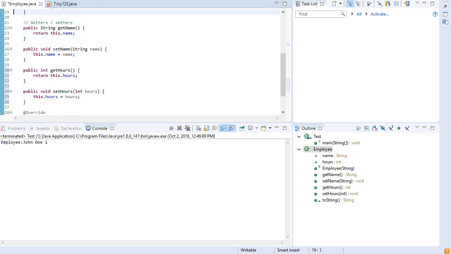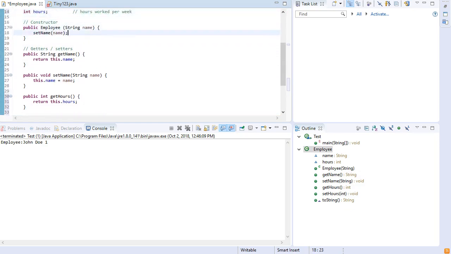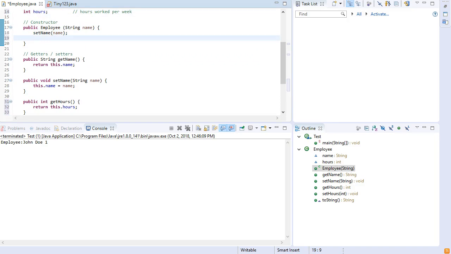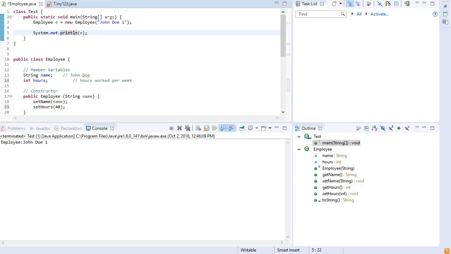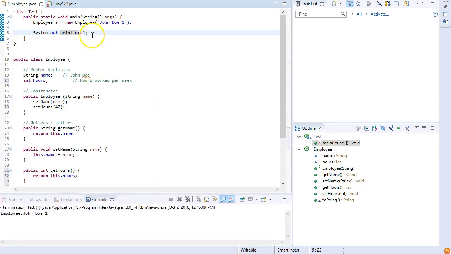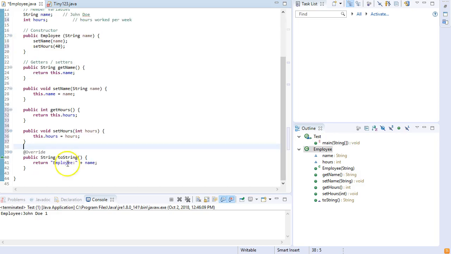And now let's go back up to the constructor. So the constructor, here's a case where we can actually have a default, even though we didn't specify. Generally, people work 40 hours a week, so we will do set hours of 40. Okay, and so now let's change our client. Let me make a little more room here. We don't really need that much. Okay, so the client is, well, let's change the toString, right? The toString, let's add